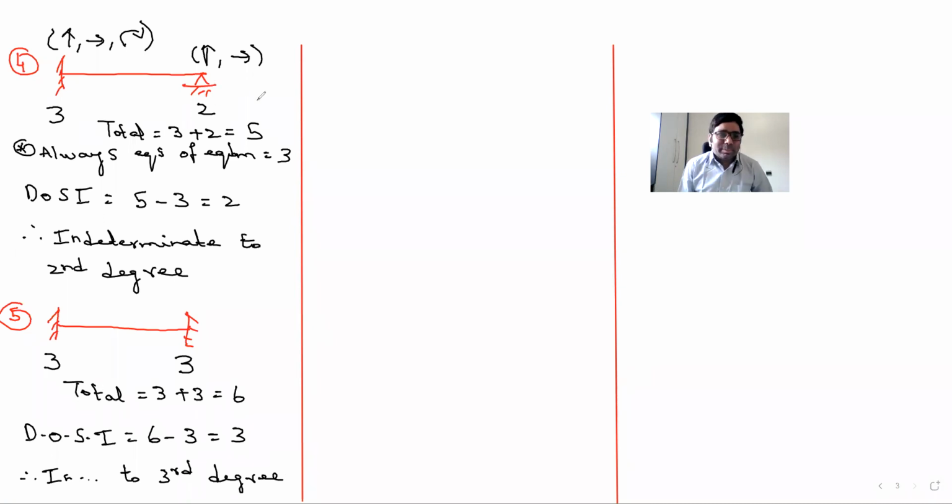Over. Now it is interesting, right? Let us move on to another problem. We will solve so many problems now, very important. Now I will take a continuous beam. All of you be ready for answering this question. So here I have pinned. Here I have roller. Here also I have roller. All of you should be ready here for answering.